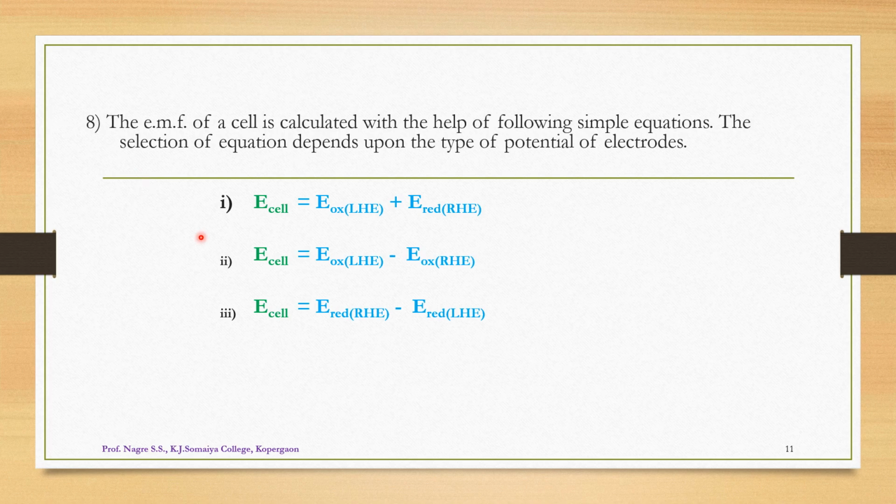So in this lecture, we came across the 8 different important conventions used to represent a cell. These conventions are very helpful to represent a particular cell within a short time span on paper, and by using these different conventions, it is very easy to represent a particular cell within a single line. I hope you understand all these conventions for the representation of a cell. The remaining important points from this chapter we will take in the next lecture.